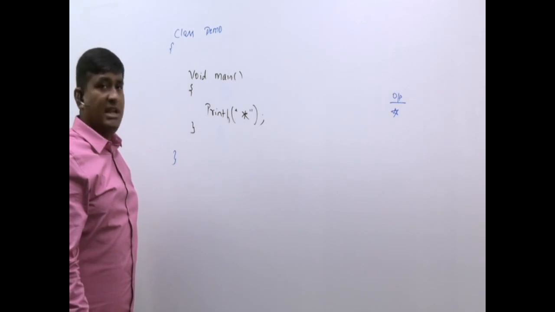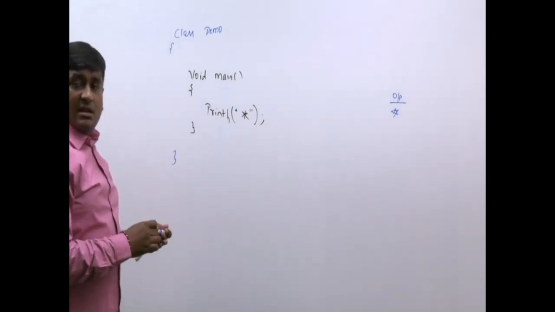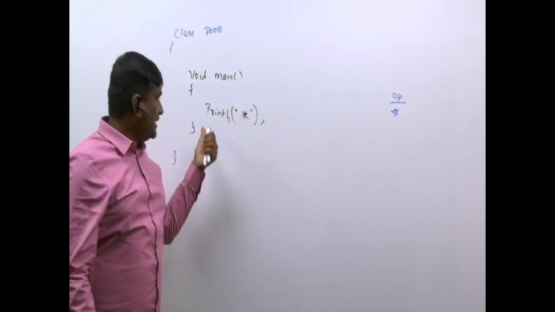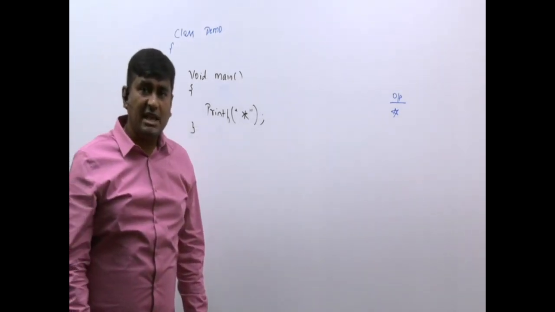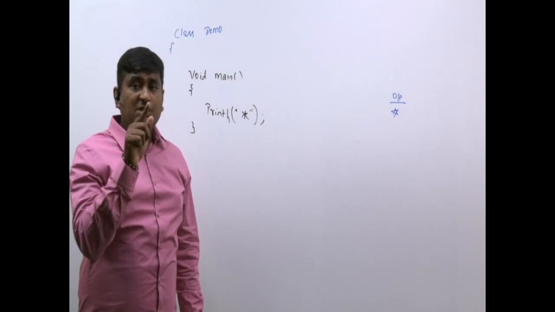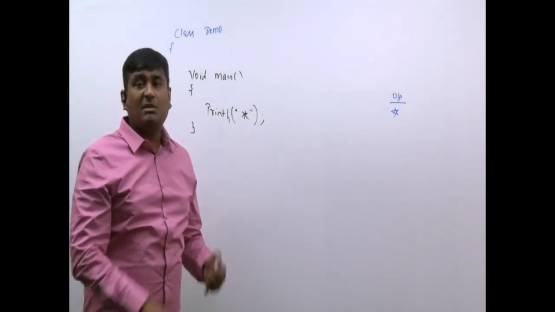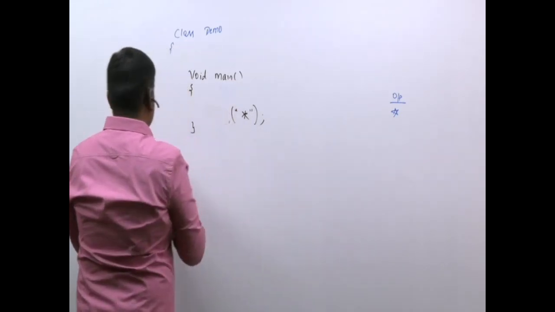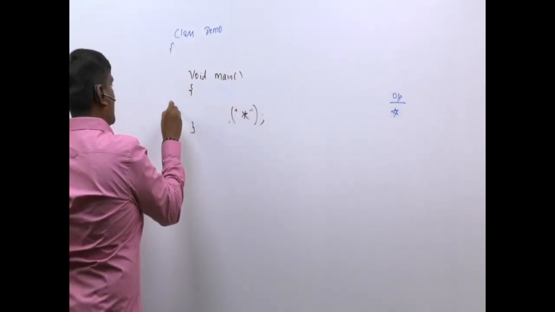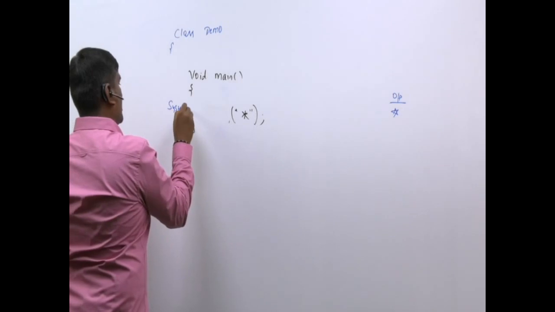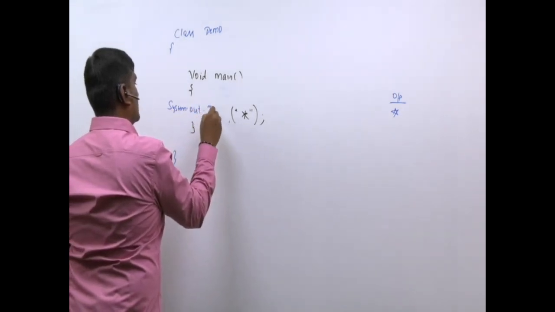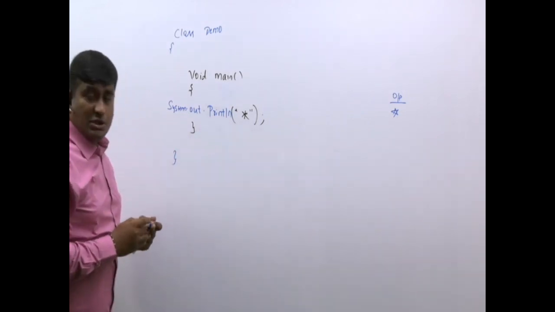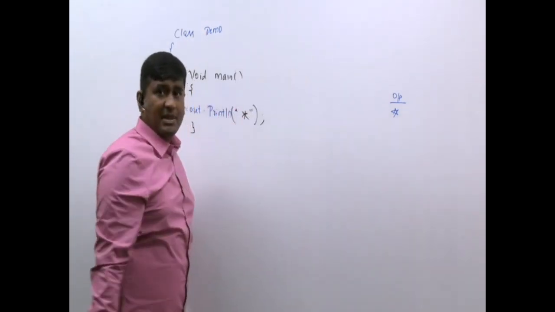Okay, sir. Next what, sir? Now, tell me which function is used in C language to print anything on the monitor? Printf. Similarly, in C++, cout. Similarly, in Java, there is one fellow who helps to print something on the monitor. If you ask me, sir, who is that fellow? That fellow's name is System.out.println. He is the person who is used to print something on the monitor.